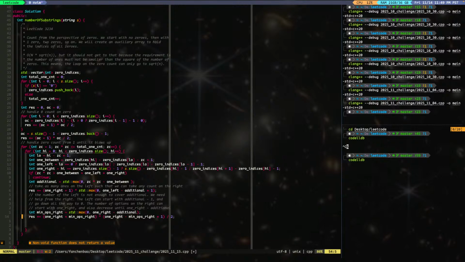And then I start to decrease, right? Start to decrease. And the minimum operation on the right, I need to know 1 right minus additional. Let's say minimum is 0. Okay, minimum is 0. And the 1 right,